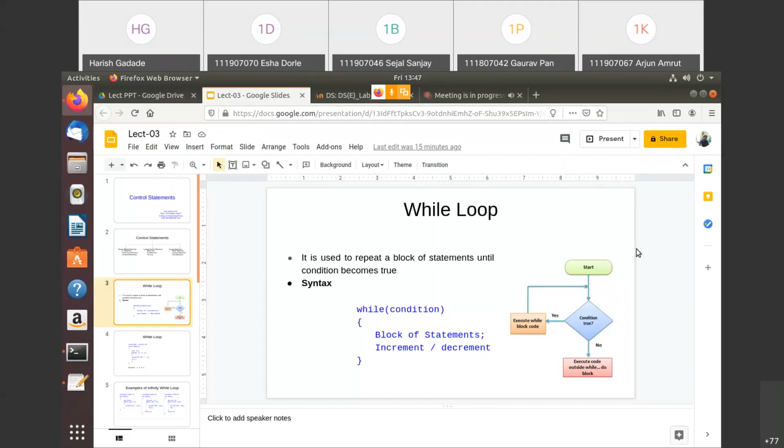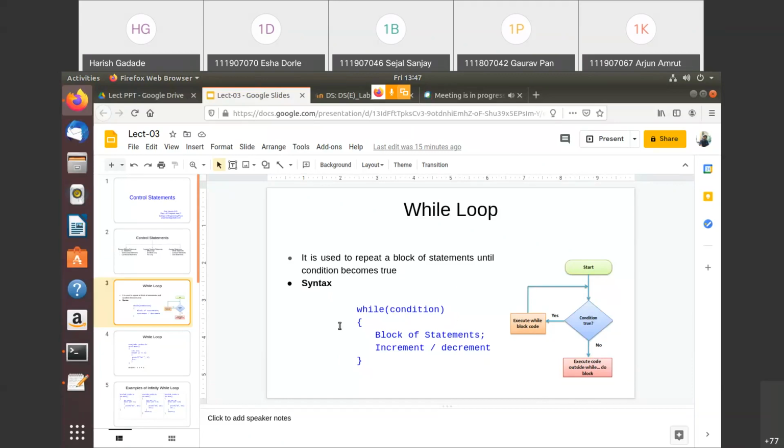Now see, this is the syntax I have written, and I have also shown the flowchart. That flowchart is somewhat the same for the other loops, so only in this while loop I'll show the flowchart, and only the syntax differs for the other loops. For the other loops I'll not show the flowchart again.